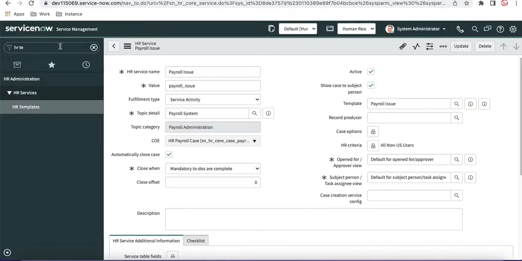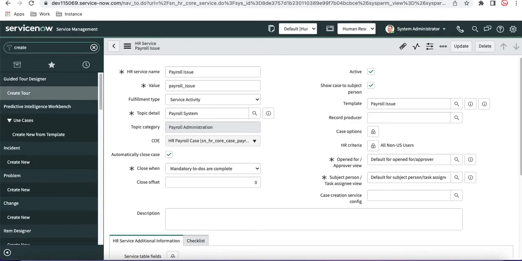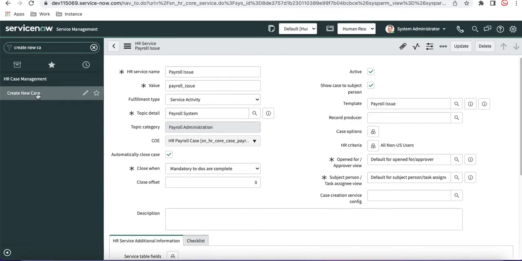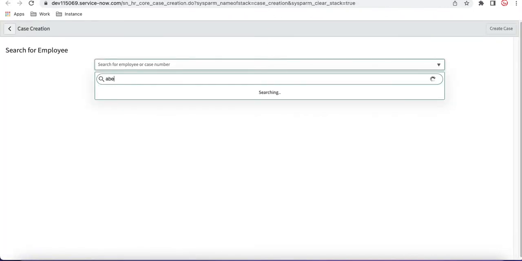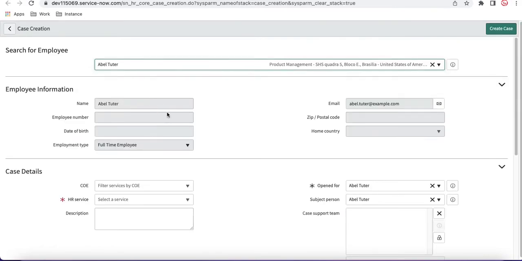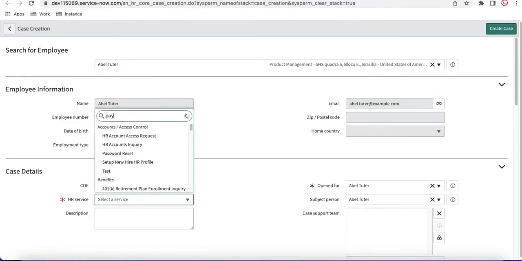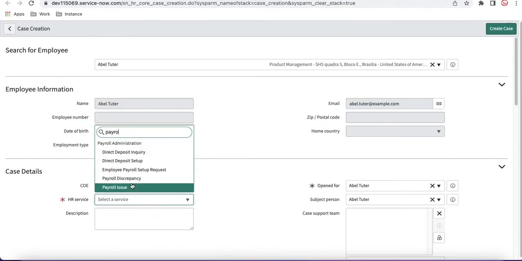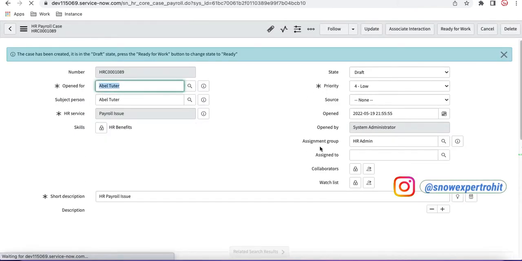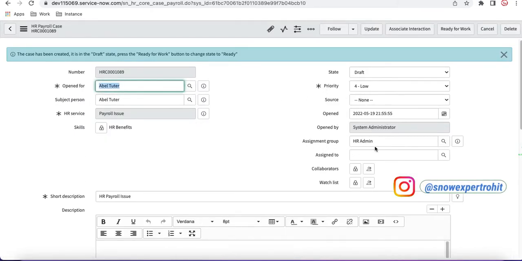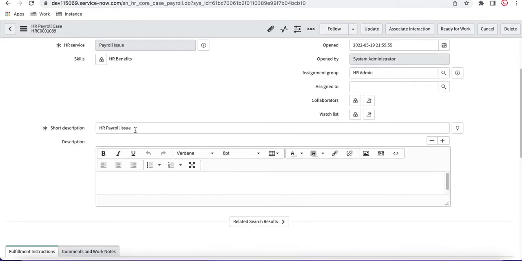Going back here, I'm going to create a new case again. I'll select the user, and here I'll select the payroll issue, and simply submit the case and see whether it is going to assign to the particular group or not. Now you can see it is assigned to HR admin, the skill is HR benefits, and the short description is setting the payroll issues. So this way you can